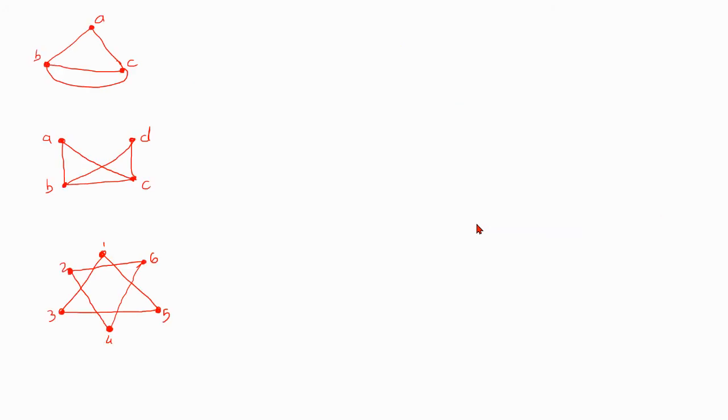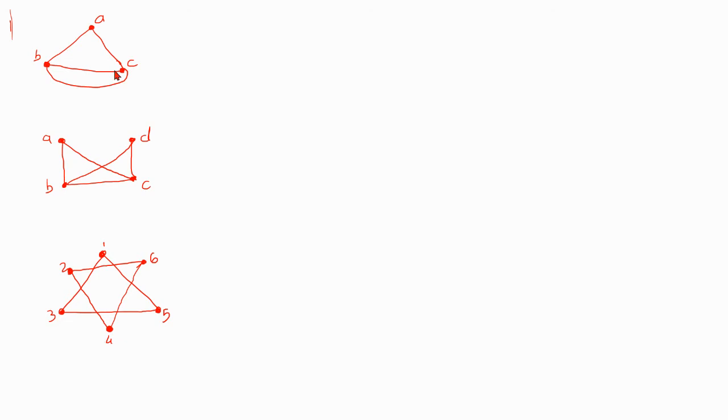Now, let's see this kind of graph, the first graph, with A, B, and C. In this graph, you have a way from A to B, a direct edge. You have an edge between B to C, a direct edge. You have one from C to A, which is also direct. In short, we can say that all these A, B and C are completely connected to each other.